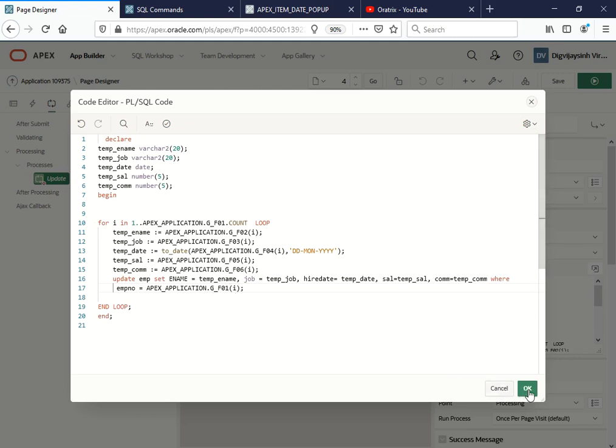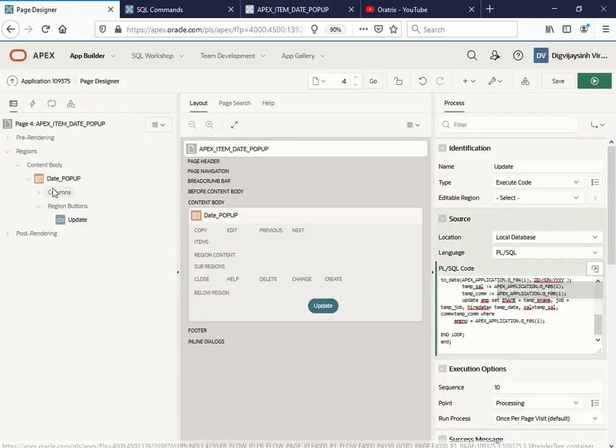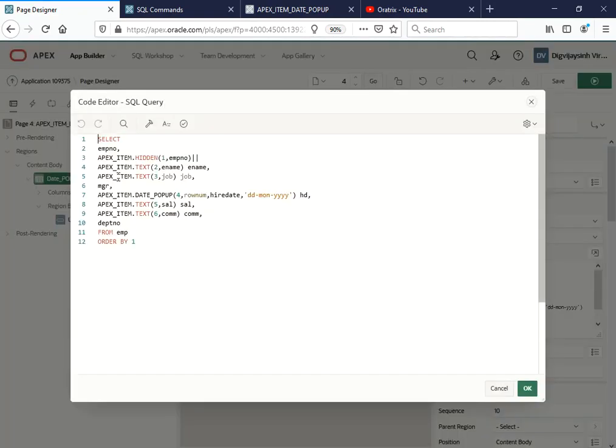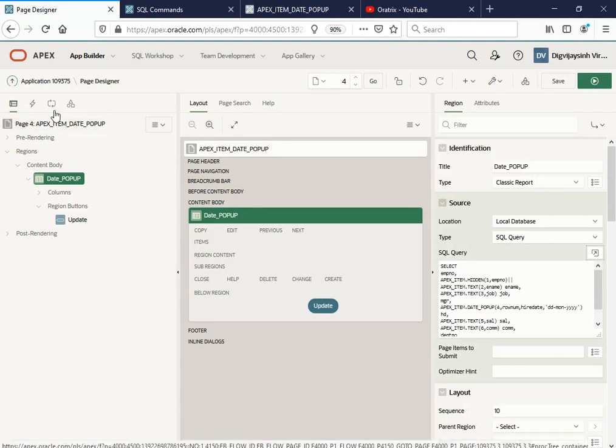That is, f01 means this one. So I have stored EMP number in the first text field, that is hidden, right? That's why I have written the where clause that way.